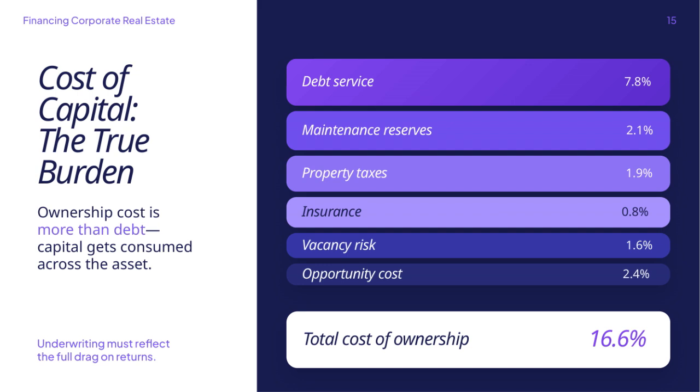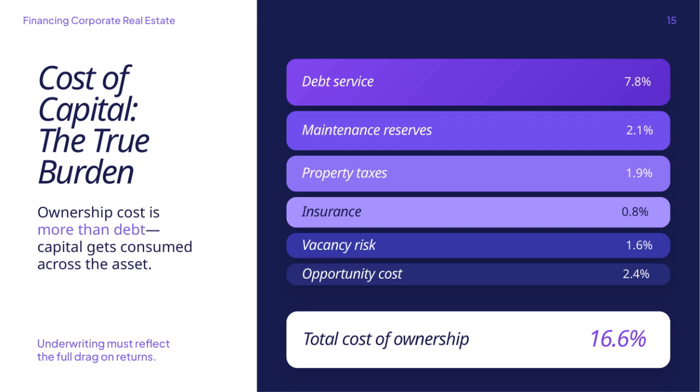For example, debt service here is 7.8%, but there are additional costs like maintenance reserves at 2.1%, property taxes at 1.9%, insurance at 0.8%, vacancy risk at 1.6%, and opportunity cost at 2.4%. All of these add up to a total cost of ownership of 16.6%. This comprehensive view gives a clearer picture of the true burden ownership places on returns, which is essential when financing